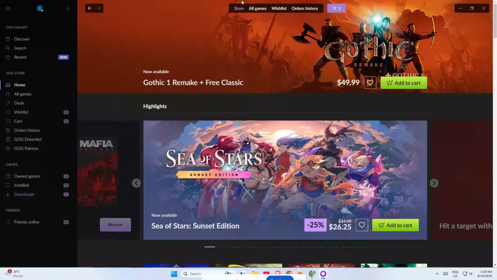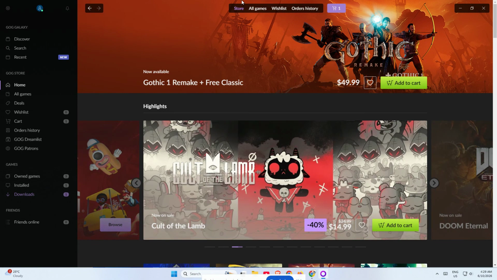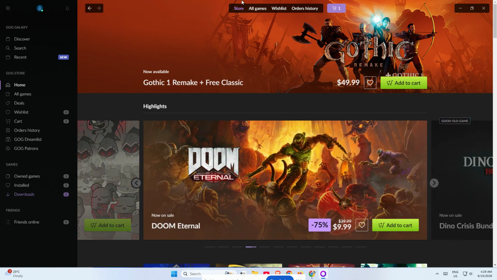If you want to update GOG Galaxy quickly and safely, this tutorial will walk you through the exact steps. Whether you're trying to fix bugs, improve performance, or make sure you have the latest features, keeping GOG Galaxy updated